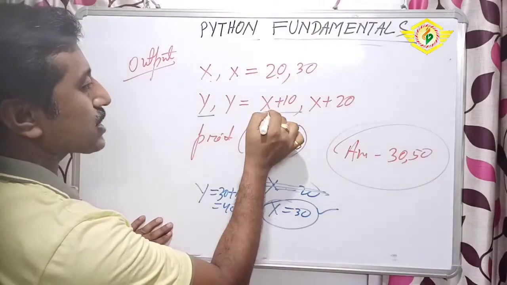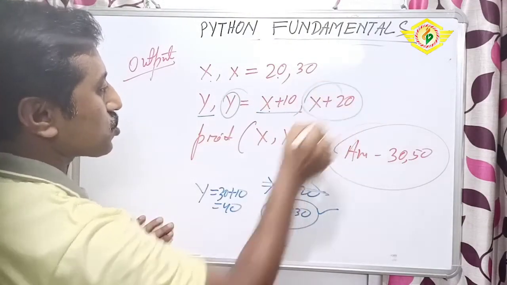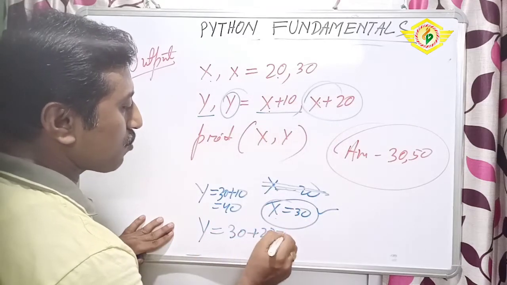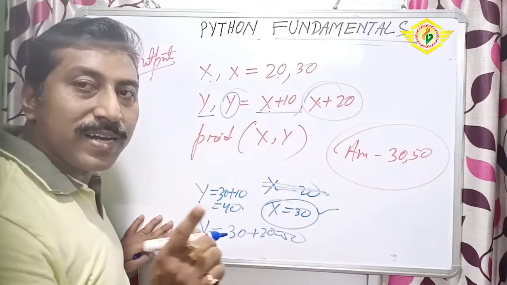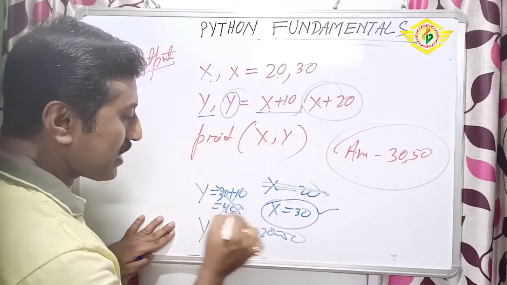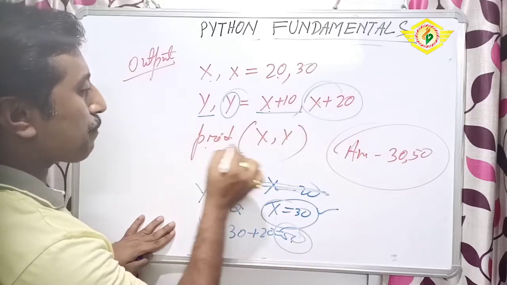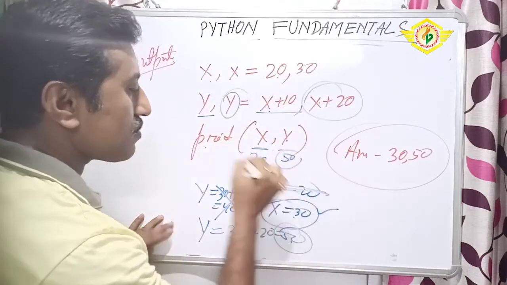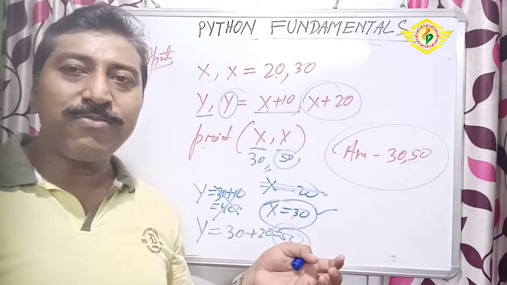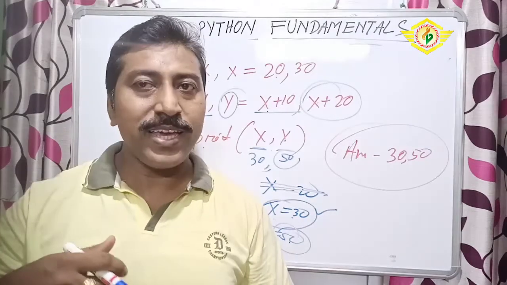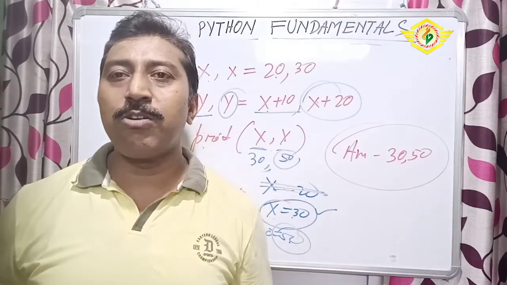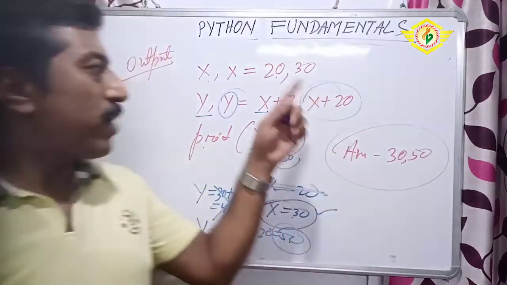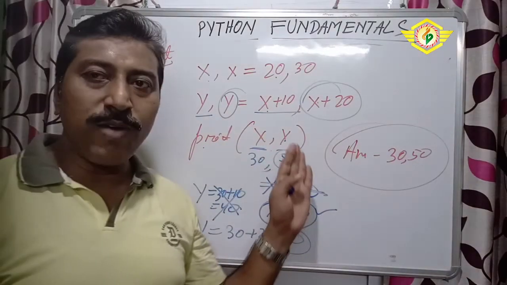Now we write y equal to x plus 20. X value was 30, so 30 plus 20 equal to 50. Earlier it was 40, but now it is 50, so we'll just forget the earlier one. Now the y value will be 50. So when we print, the x value will be 30 and the y value will be 50. You understood, friends? This is a very simple way, but take all the steps very carefully. You calculate and find the output, because output type questions will come in this way. You need to find the output. One program I have shown, and one output question I have given.